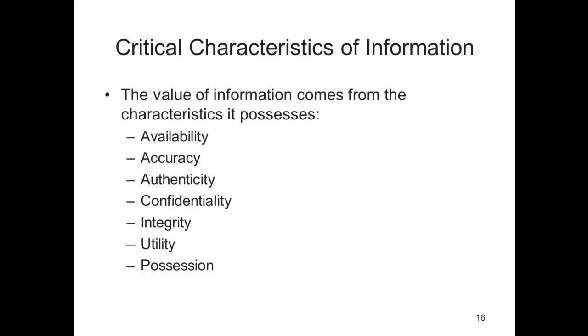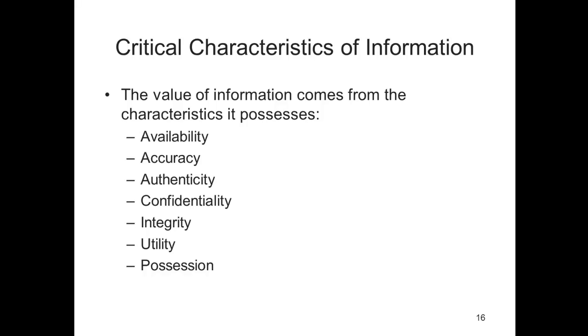The information is said to be available to an authorized user when and where needed and in the correct format. Accuracy refers to the state or characteristic of being free from mistake or error, having the value that the end user expects. If information contains a value different from what the user expects due to intentional or unintentional modifications of its content, it is no longer considered accurate.